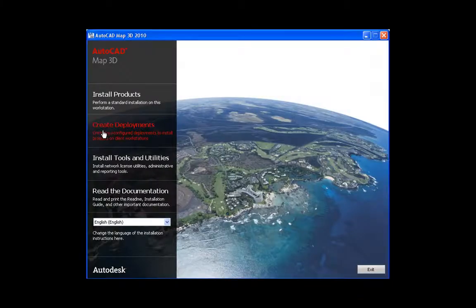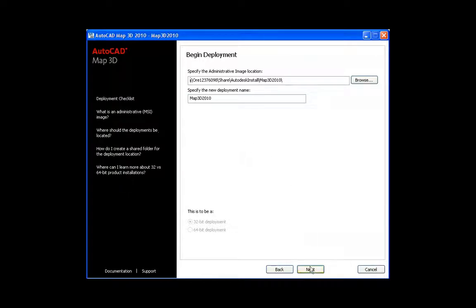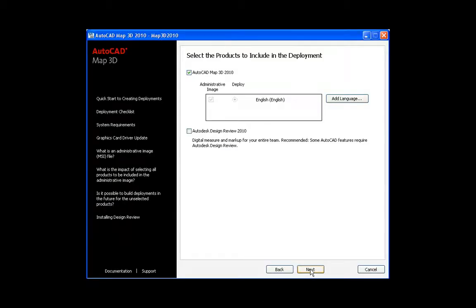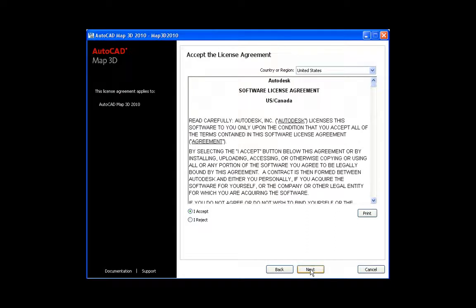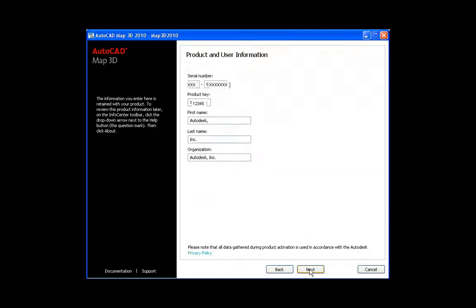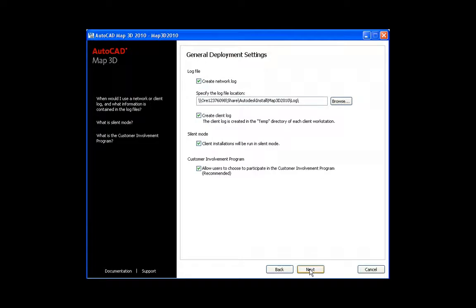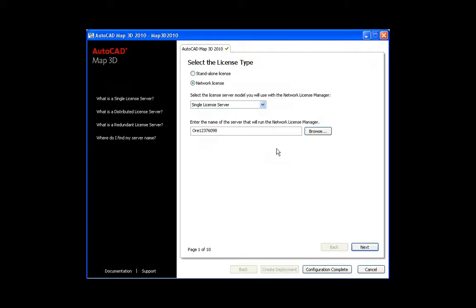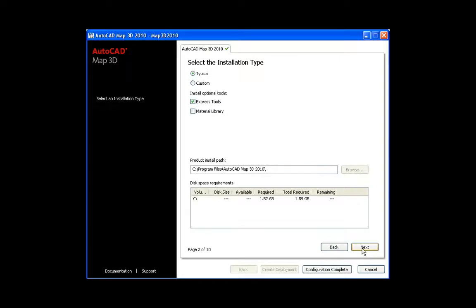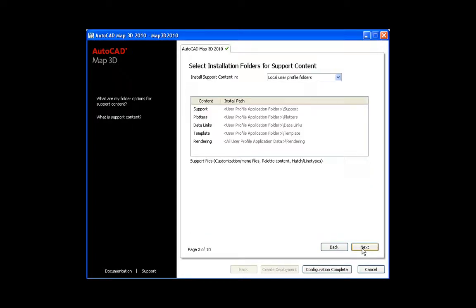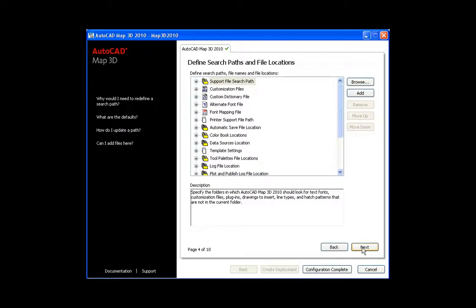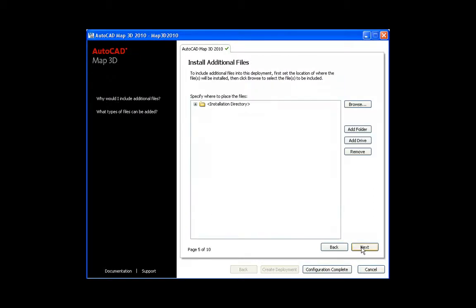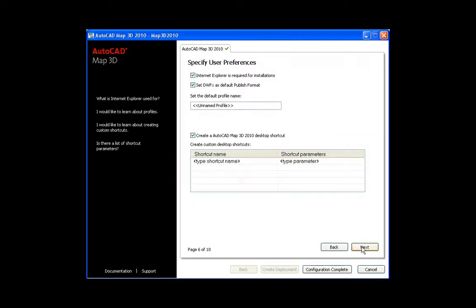To create a network deployment of AutoCAD Map 3D, in the wizard, choose Begin Deployment, select your product, accept a license agreement, type in your serial number and product key, look over the general deployment settings, review the configuration, select the license type, either standalone or network, click Next, choose the installation type as typical or custom, and choose the folders for supported content, the search paths and file locations, install any additional files that are necessary, and any user preferences that you'd like to choose,